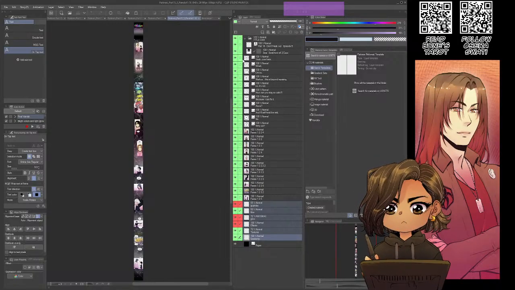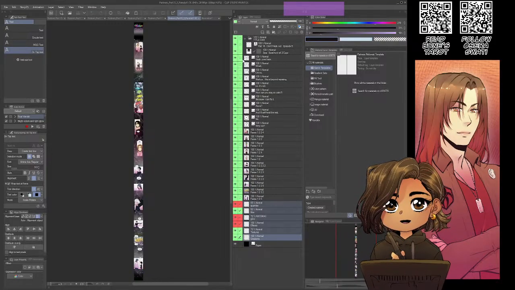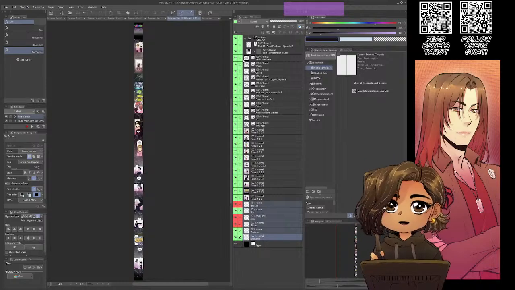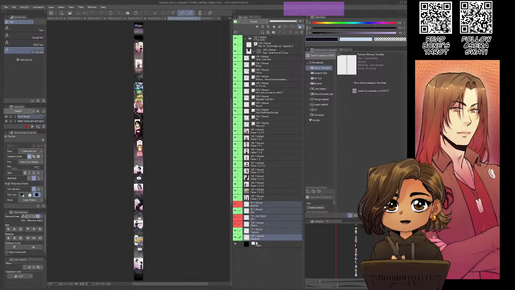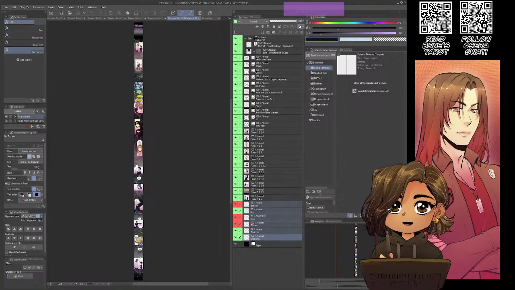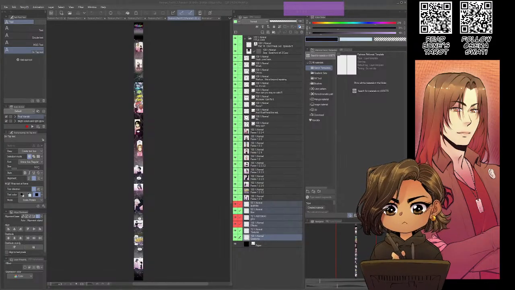If there's any nude models in the anatomy reference PDFs, then probably not a good idea to put it in the Discord, because the Discord's open to everyone 13 and up, because you have to be 13 to have a Discord. So just about anybody can get into my community Discord, so we want to be careful.